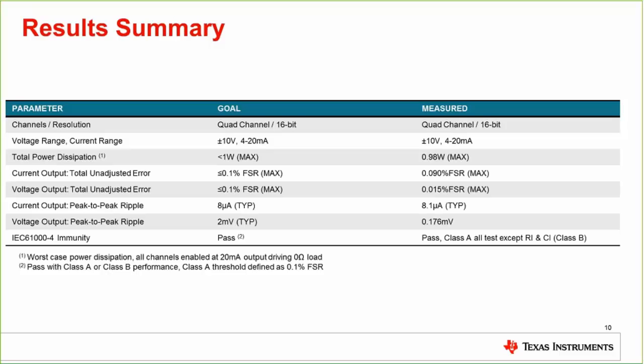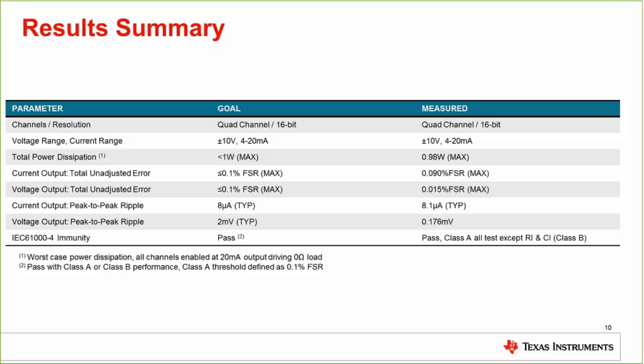The ripple was just marginally higher on the current output than we had set out to meet, and quite well bounded for the voltage output. For the IEC 61000-4 immunity tests, we had Class A results in everything except for radiated immunity and conductive immunity, which we achieved Class B results.